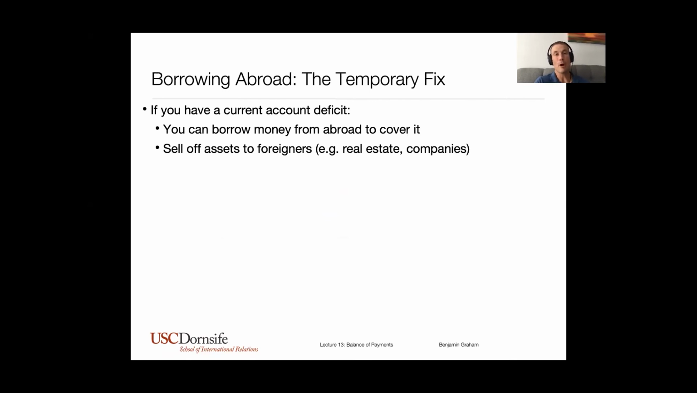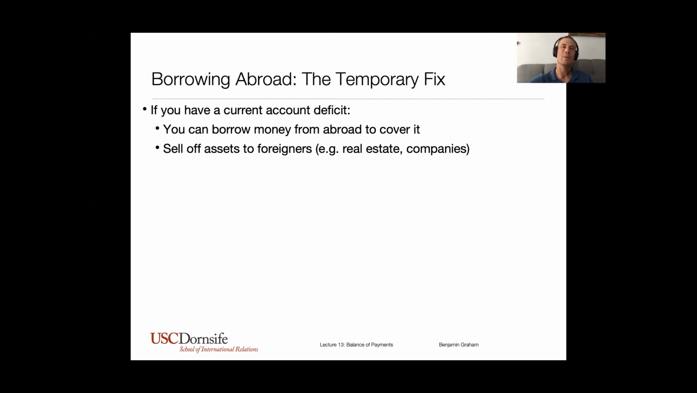So borrowing money abroad to cover a current account deficit works as long as you can access foreign capital markets. And your other option, if you don't want to owe people money, is that the other way to run a capital account surplus is to be selling off your assets to foreigners. So you can sell off real estate, you can sell off companies. So you're either giving people an IOU,